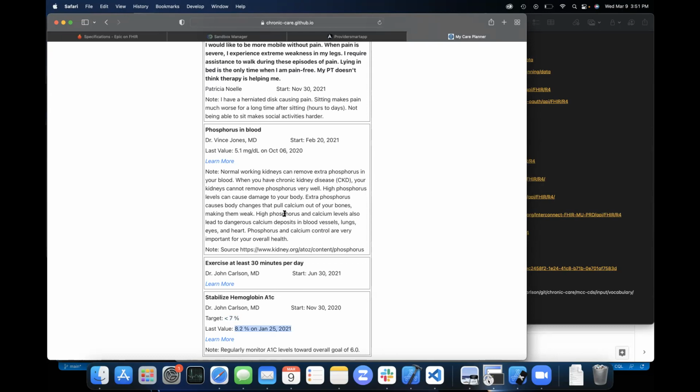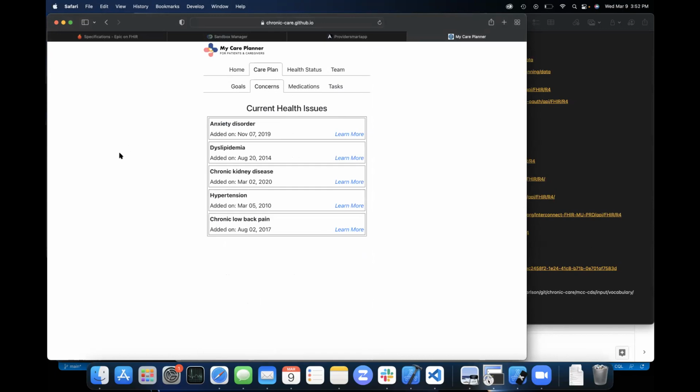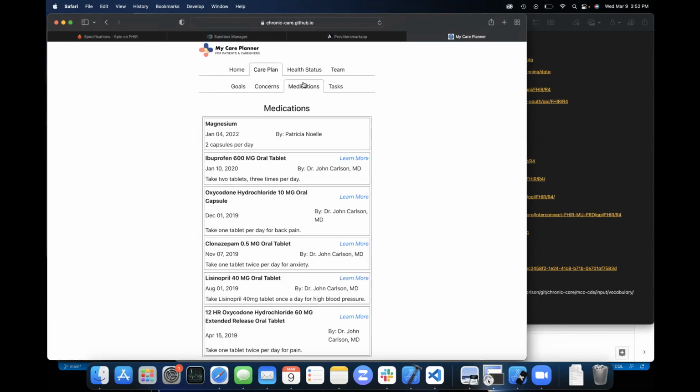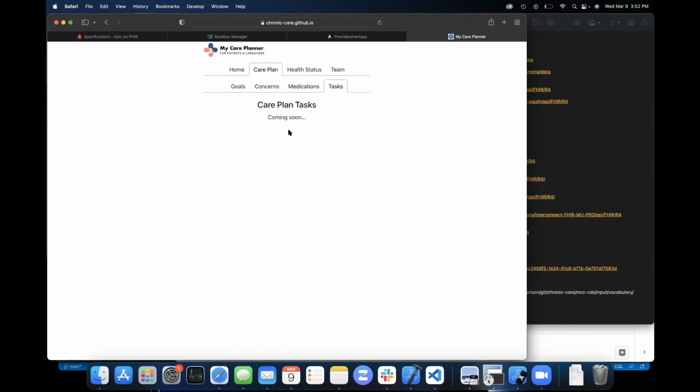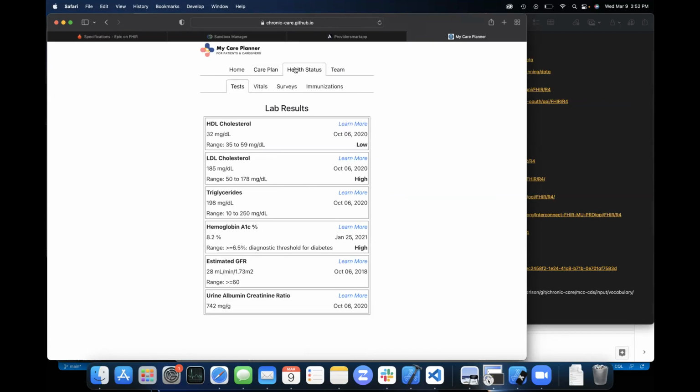So we're trying to combine some of the different data elements for goal-oriented care planning. Conditions as a problem list, but a patient with multiple conditions, looking at a medication list. Again, these are all just retrieved from the FHIR queries to the same server we just looked at a minute ago from the provider perspective. There's still work underway to think about what are the interventions that can and should be presented here.